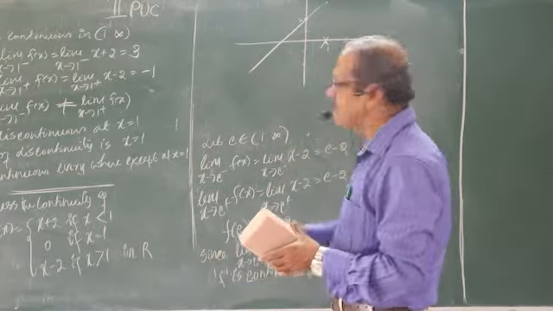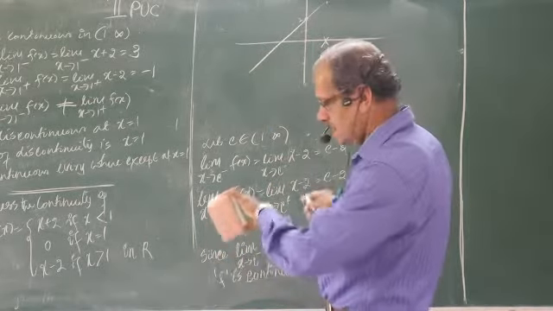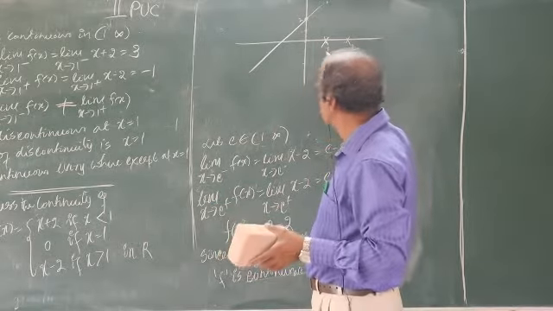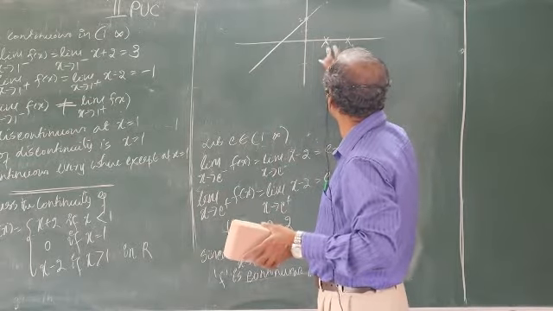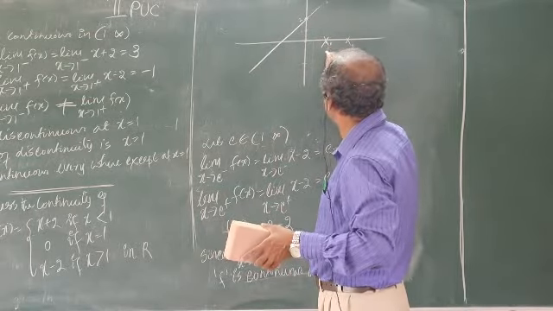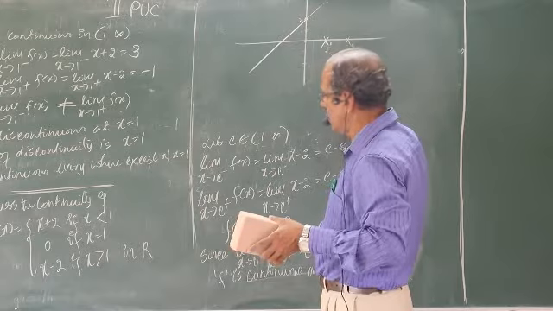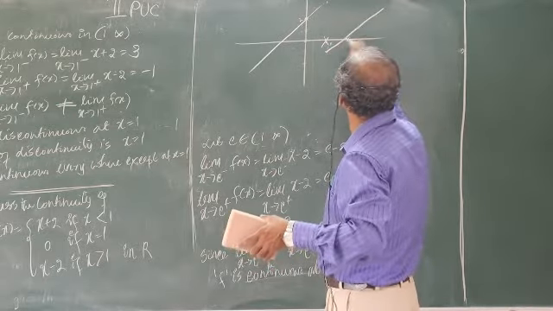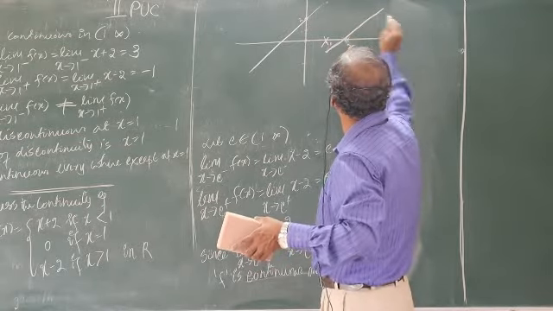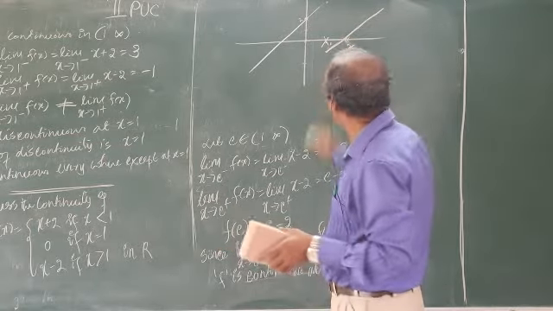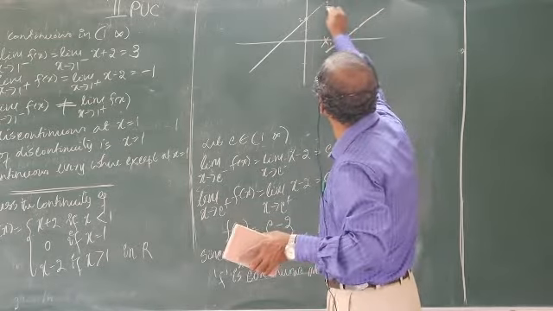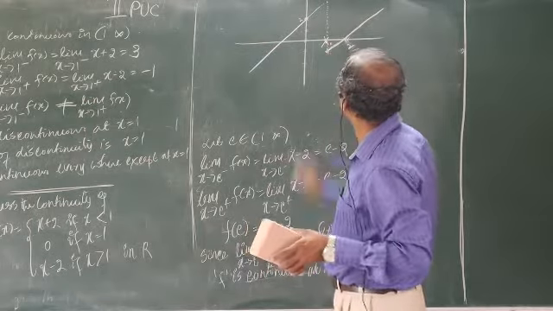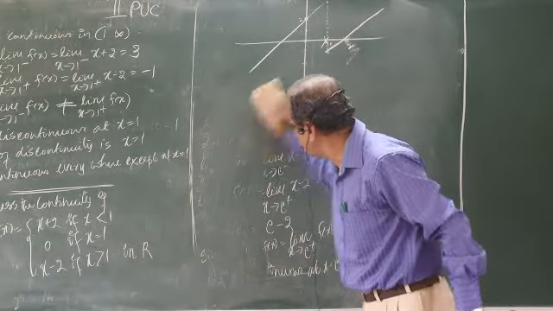Yes, let us continue that one. Graph of the function: at x equal to 1 it will be minus 1 somewhere here. At x equal to 0... So, this is the graph of the function. Just imagine the graph of the function is like this.